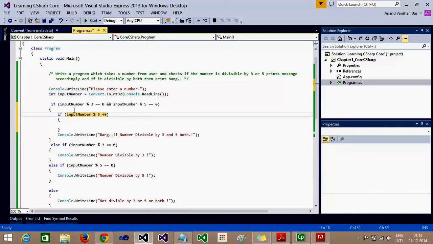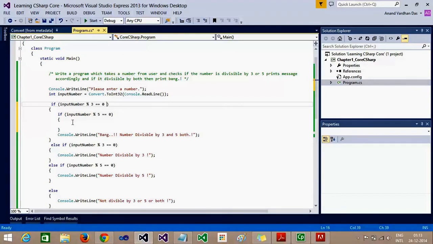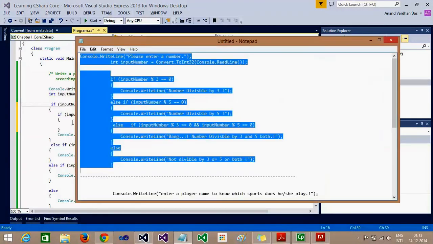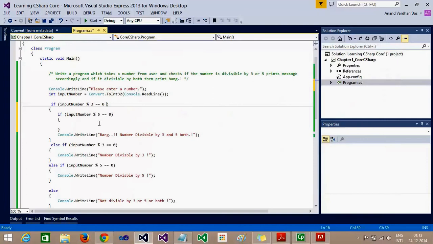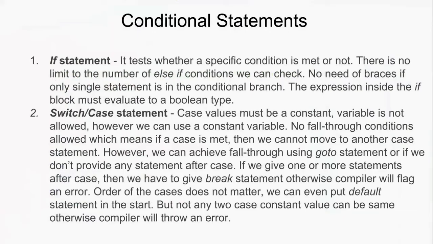So we can check like this also, but this is not good. We can achieve the same with the ampersand condition, so both are the same. Okay, the if topic is done.